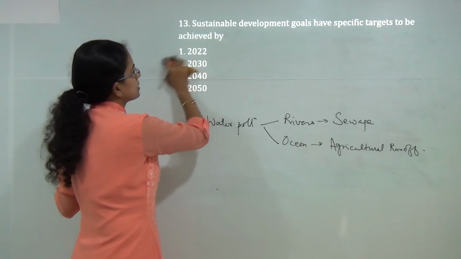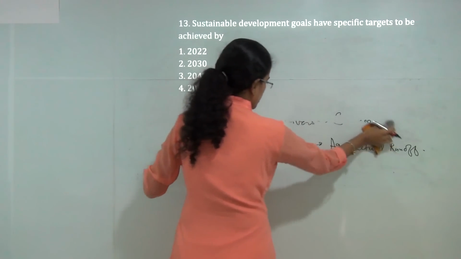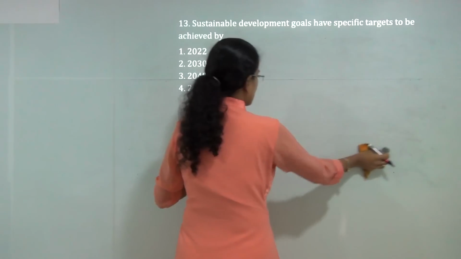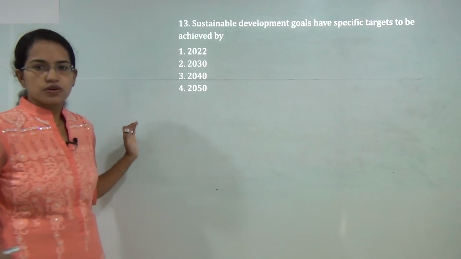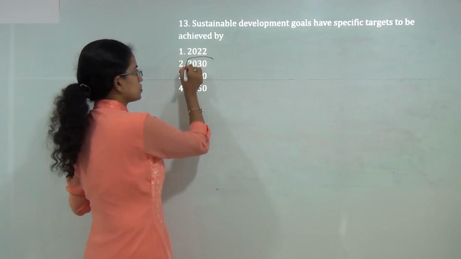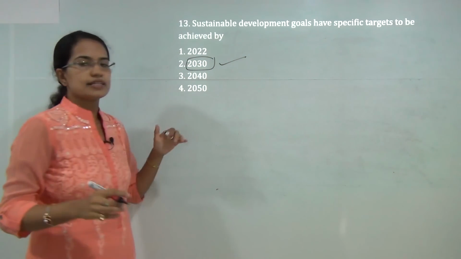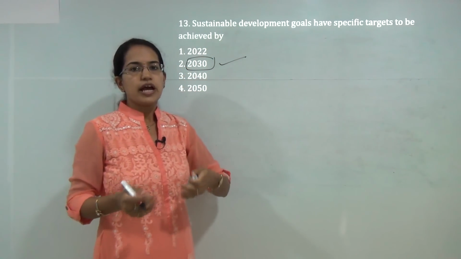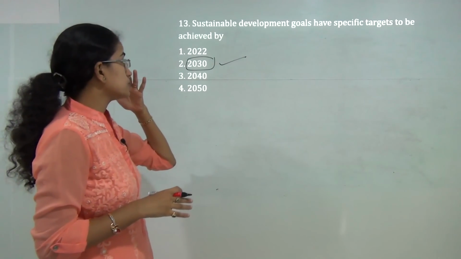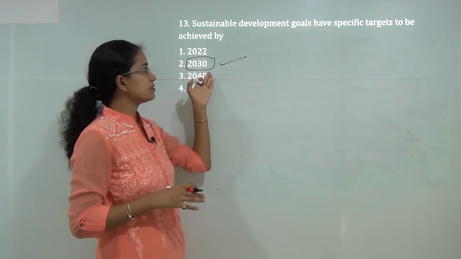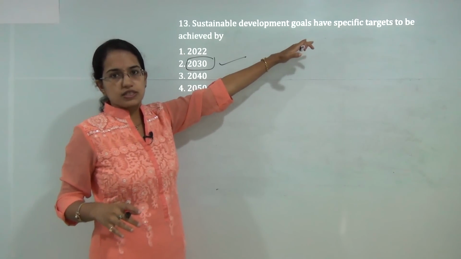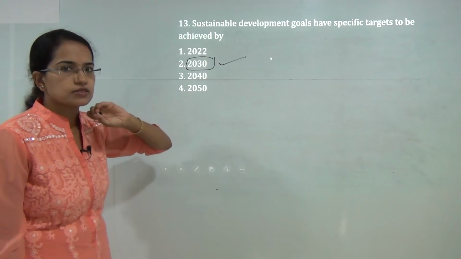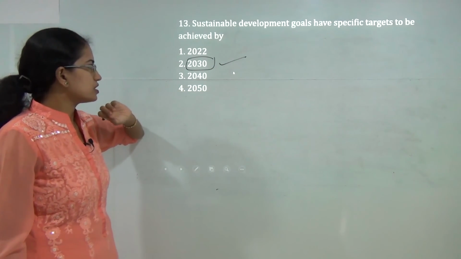Next question, sustainable development goals have specific targets to be achieved by. Now the booklet that has been released on sustainable development goals clearly mentions it as transforming goals by 2030. So the correct answer would be 2030 and that's inbuilt in the name of the booklet of SDGs itself, and there are 169 targeted goals that are given, based on which they said that we need to achieve these goals by 2030. Now this is again a question on environment which is based on current happenings or the recent events.